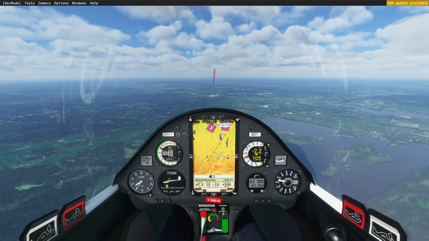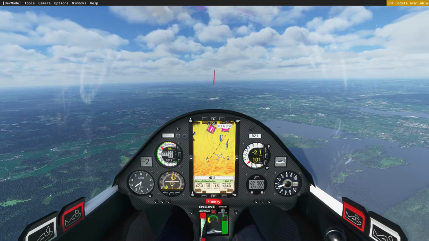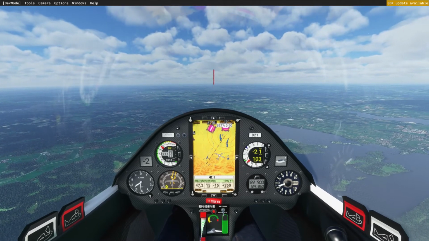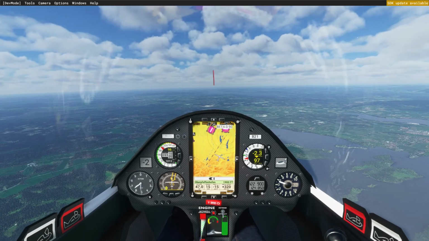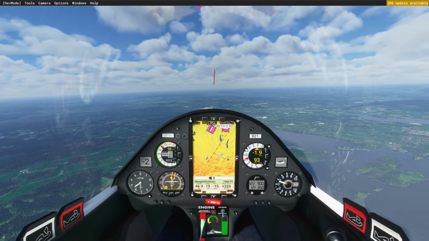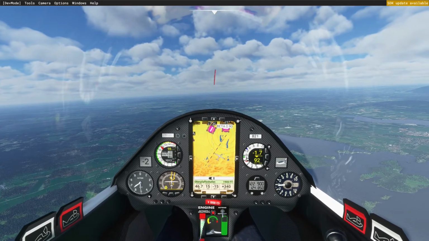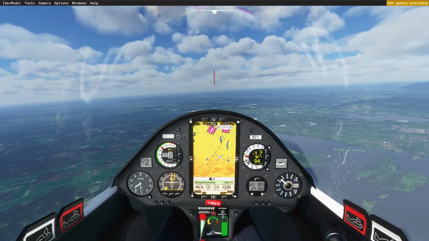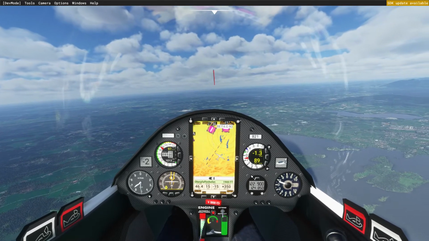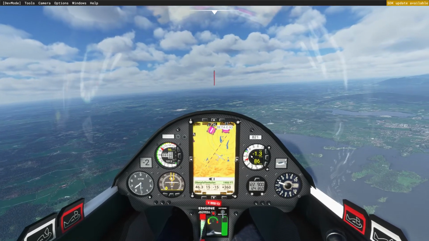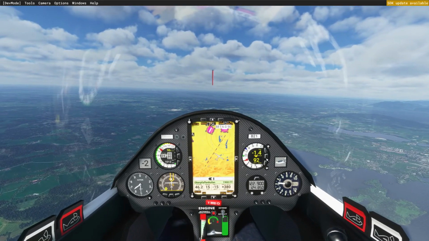Okay, so I'm definitely flying faster. And we'll see how we get on. So if you watch the green needle here in this speed to fly variometer, the green needle is saying whether the computer thinks we're flying too fast at the moment. It's telling us to slow down because it is getting small amounts of lift,